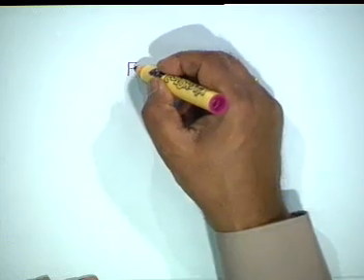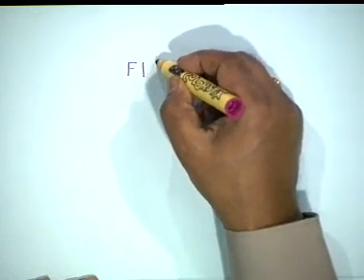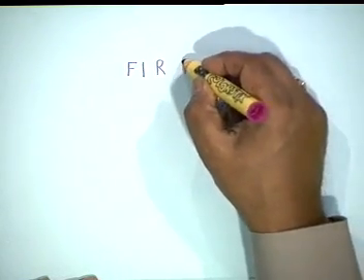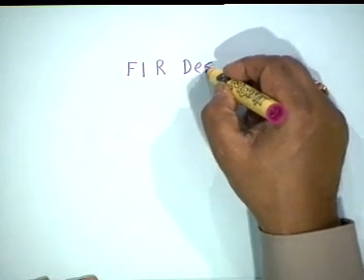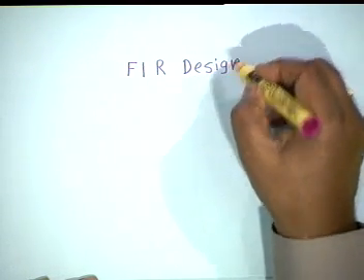In the last lecture, we had taken an example of a digital to digital transformation. We took a low pass filter and then transformed it to a high pass, a band pass and a band stop filter. And then we had started FIR design. We discussed the importance of FIR, why FIR, and also the disadvantages of FIR design as compared to IIR.